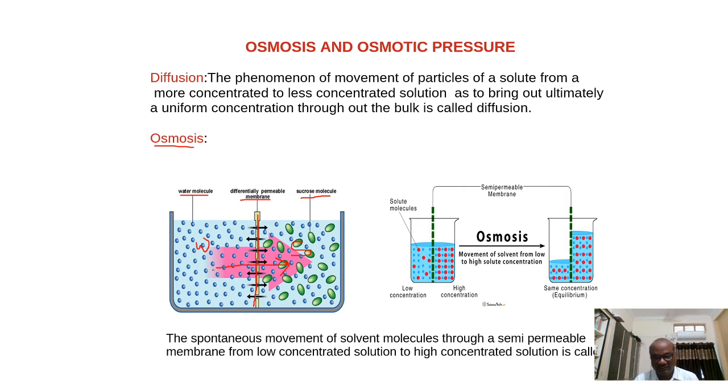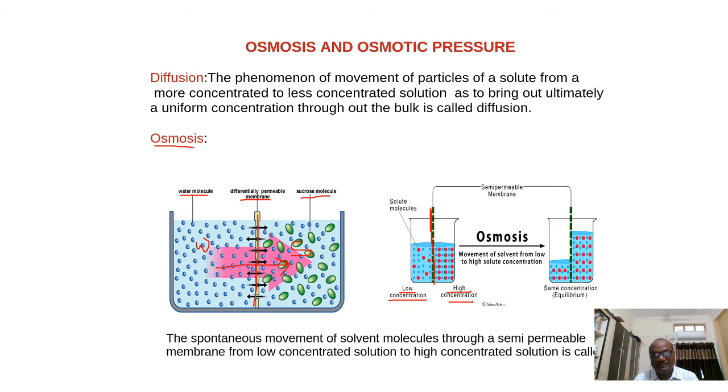Okay, this is one of the situations. Next, you see another thing. Here a container is there again. In the middle we have placed the semi-permeable membrane. It is again the semi-permeable membrane. One side we have taken the low concentrated solution towards the left hand side. Another side we have taken high concentrated solution.